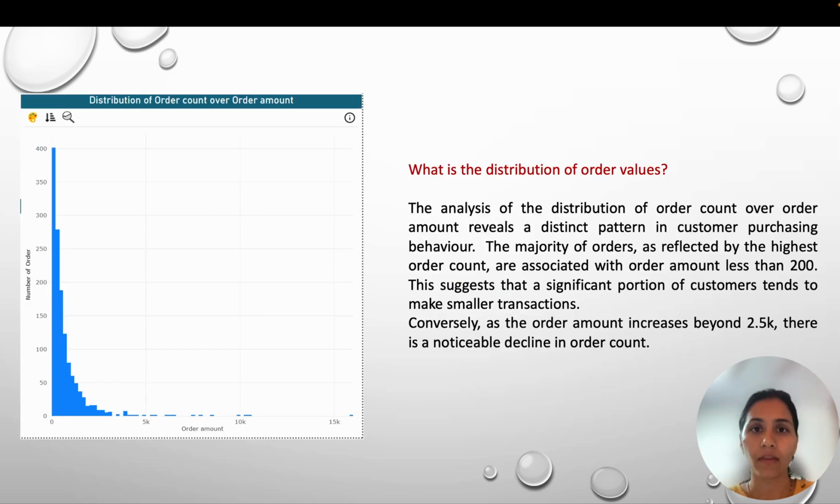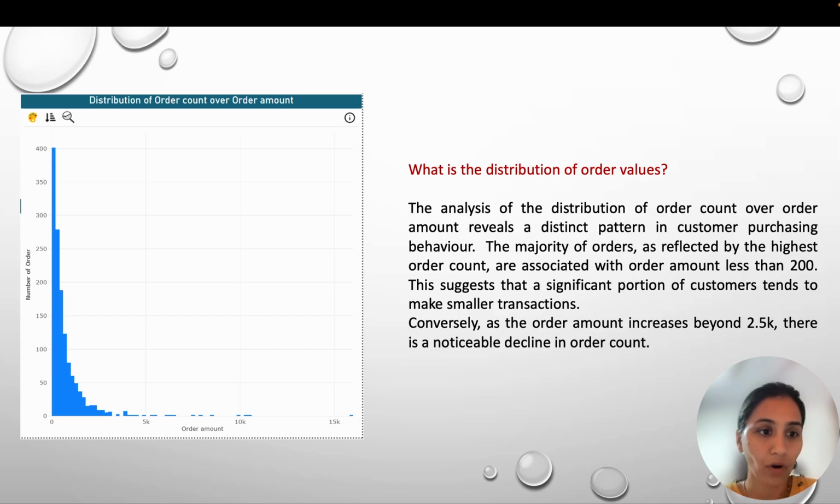My next question is, what is the distribution of order values? For this question, I have created a histogram chart. Before getting into the insights, I would like to give the meaning of a histogram chart. A histogram is basically used to summarize discrete or continuous data that are measured on an interval scale. As we can see from this graph, from the first bar of this chart,